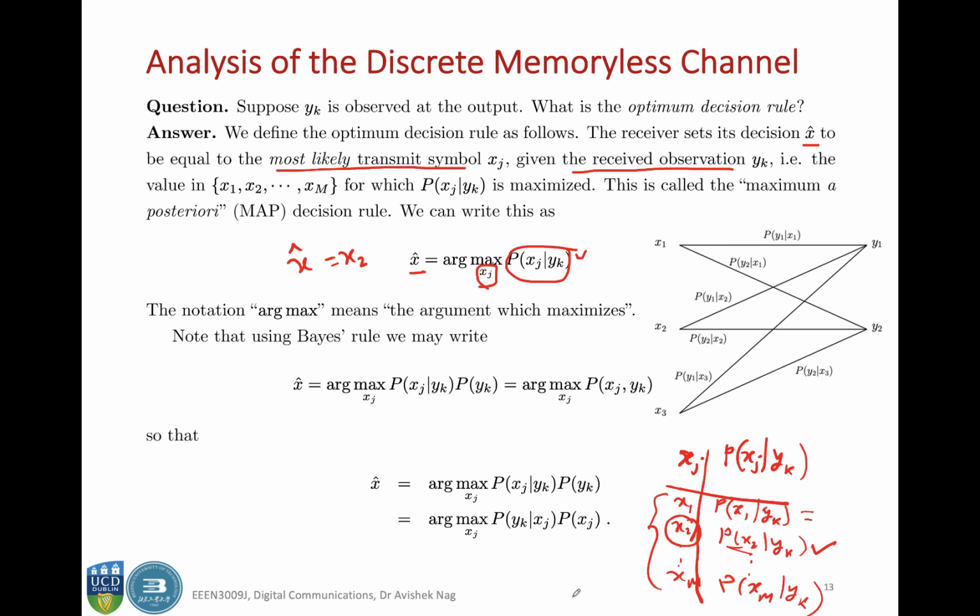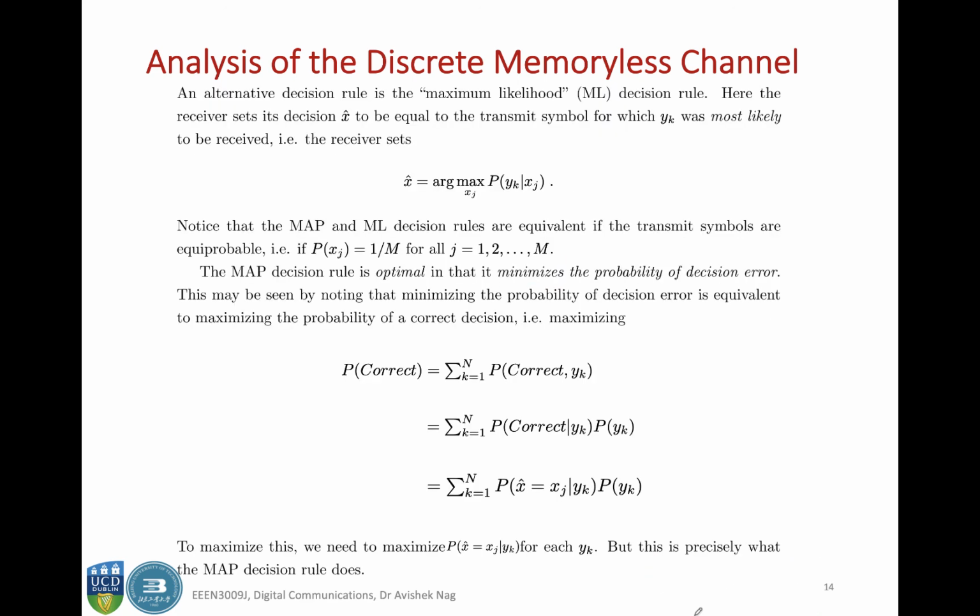So this is why it is called the optimum decision rule. Okay, and the optimum decision rule is nothing but that value of the input which maximizes the a posteriori probability. So this is the fundamental behind the optimum decision rule,